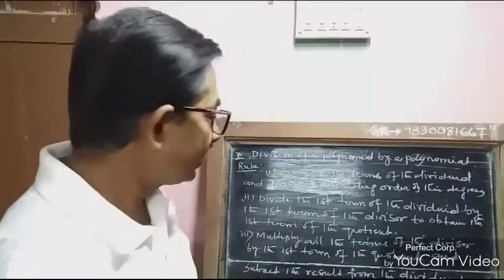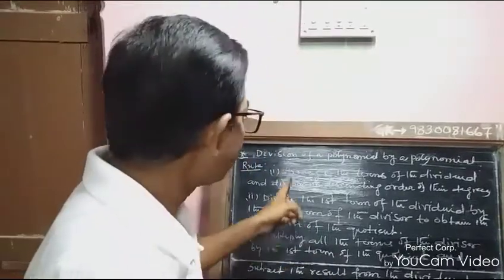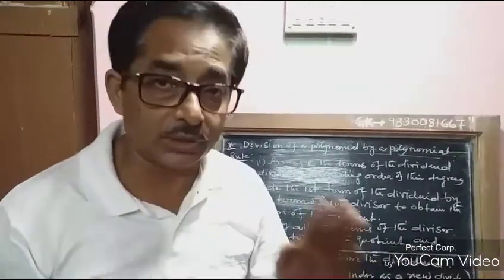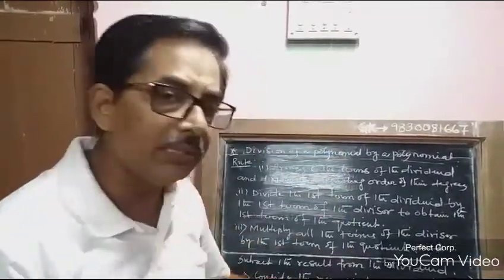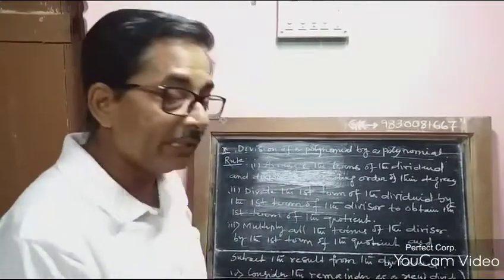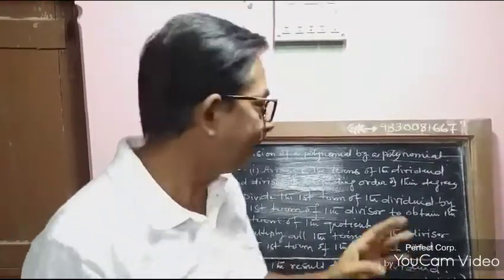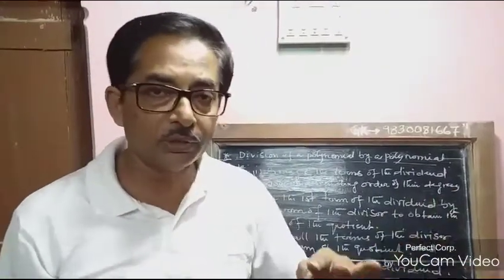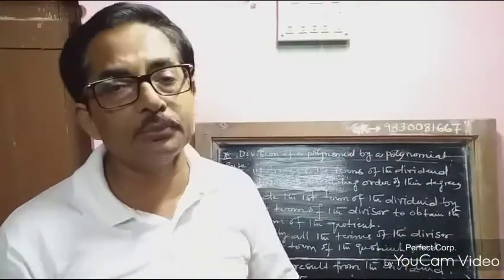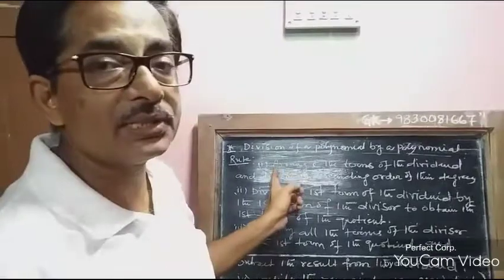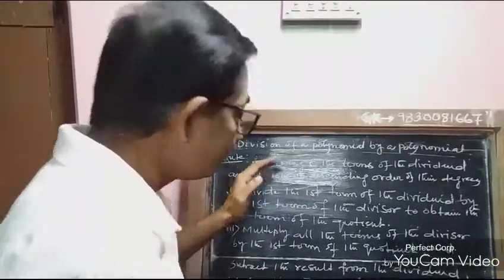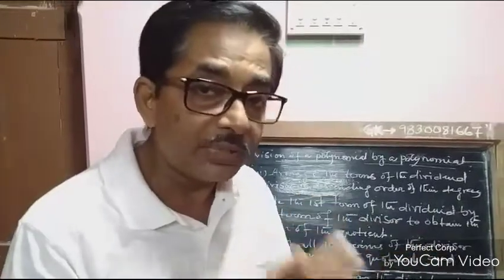So students, before doing the sums, you need to understand all the steps of the process. If you understand this process, and the rules you need to adopt to solve any problem, it will be much easier for you to get the correct answer, and the correct way to solve division of polynomial by polynomial, or monomial by monomial, or polynomial by monomial, whatever it may be. You need to understand the rules. Once again I am giving you the rule you have to adopt all the way.